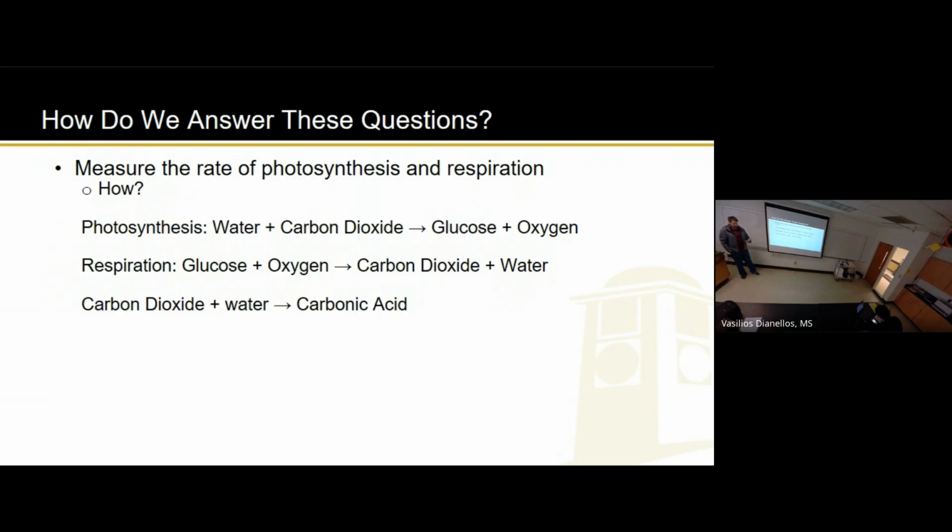We are going to measure the amount of acid. If the amount of acid is going up, which one of these two is happening? Photosynthesis or respiration? Don't overthink it. If you just look at it really basically, it's actually quite simple. We're producing acid. Let's take a different step back. If we're producing acid, let's just start with that.